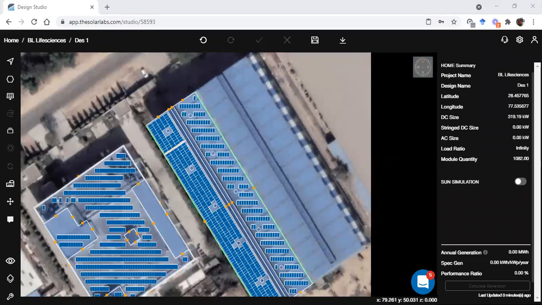Okay. Can we insert any component or drawing that is drawn from another software? No, Mr. Kripal, we cannot insert any kind of drawings in this. Any kind of import is not there in Solar Labs. You can only export from this part. You can export for PVSyst, you can export for Google SketchUp, but there is no option for importing any kind of drawings from another software.